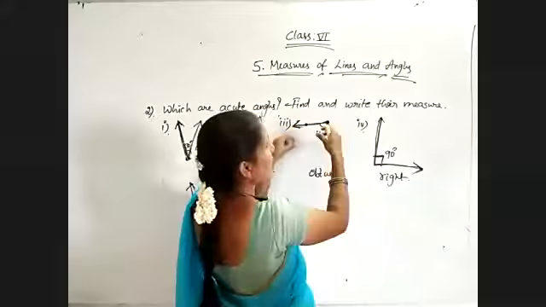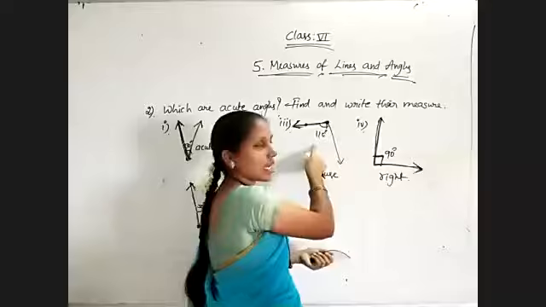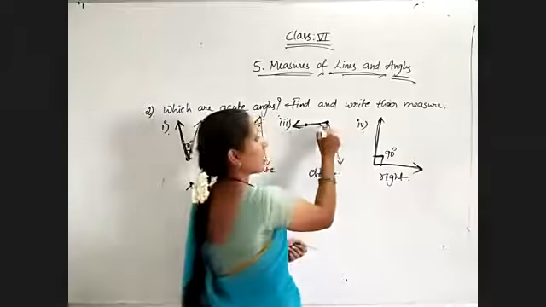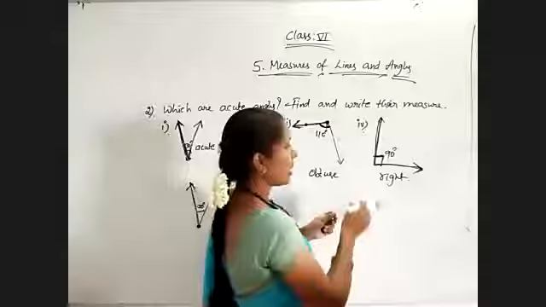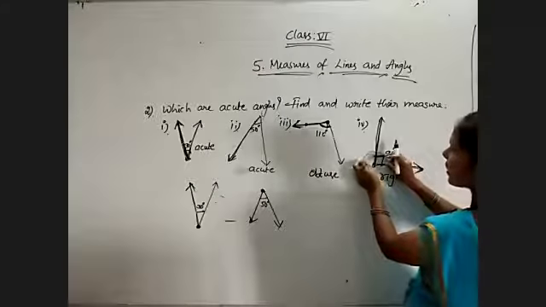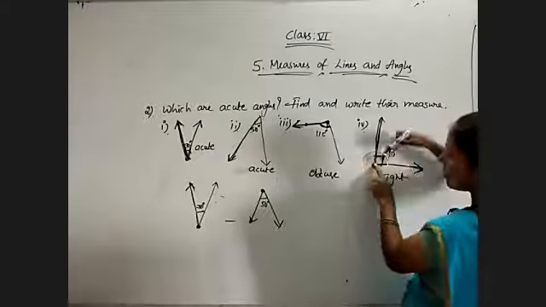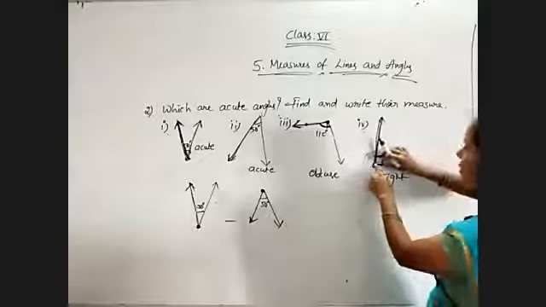That's why I am telling you to select any one of the arms. From anywhere you are checking, you will get the same measurement. Why? Because you are checking the angle between those two arms only. And now it is very easy to set the protractor. To set the protractor straight, like this. Common vertex are 90 degrees and